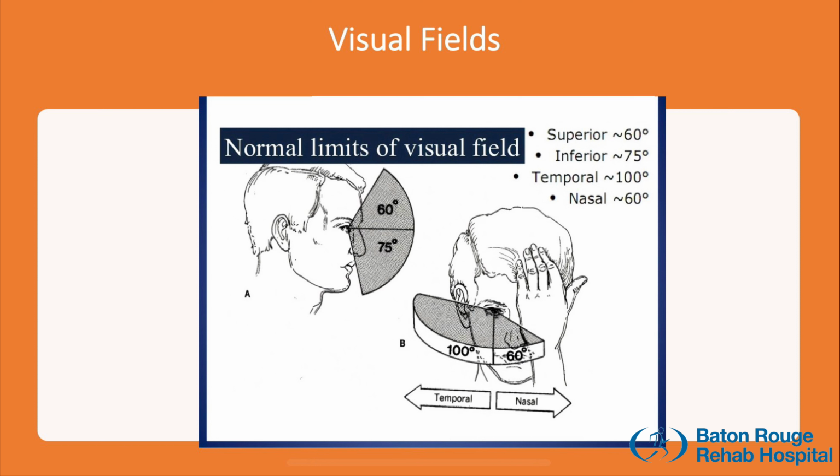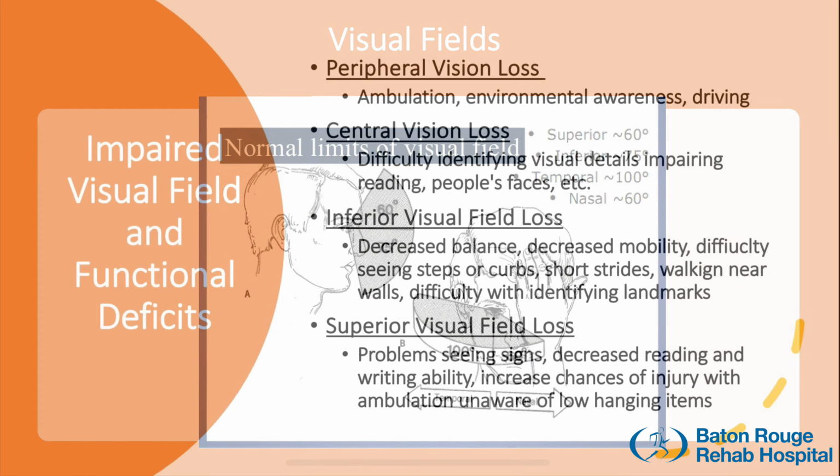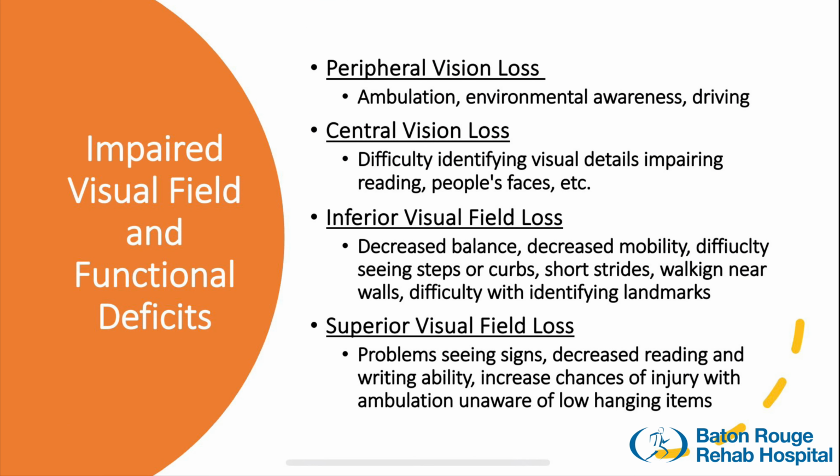We need both central and peripheral vision to be intact in order to have a full field of view. A normal visual field is considered to be approximately 60 degrees superiorly, 75 degrees inferiorly, 100 degrees temporally, and 60 degrees nasally. When there are impairments in any portion of the visual field, there are specific functional deficits that we, as therapists, need to be aware of so we can better educate our patient and their caregivers to assist with